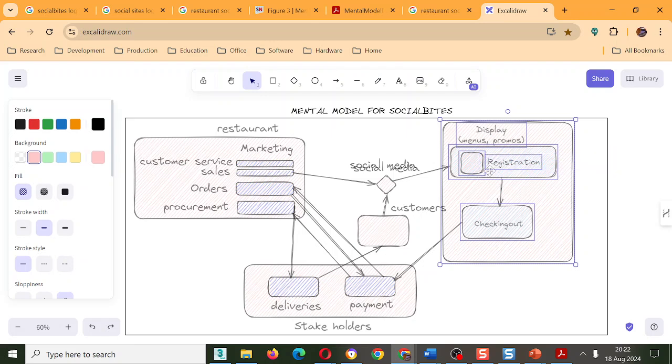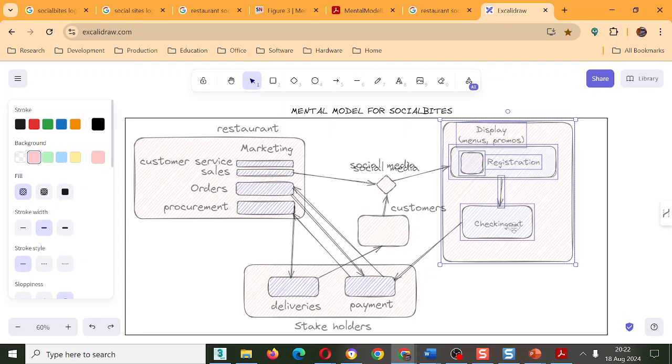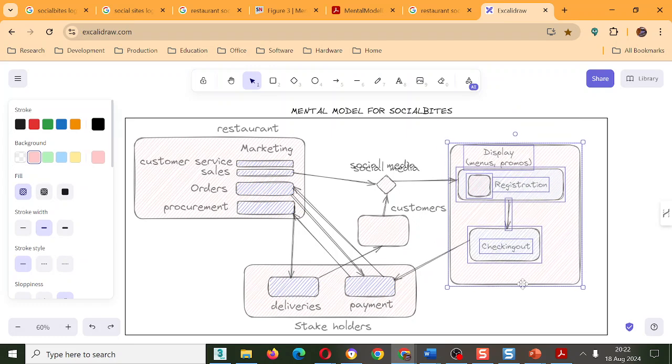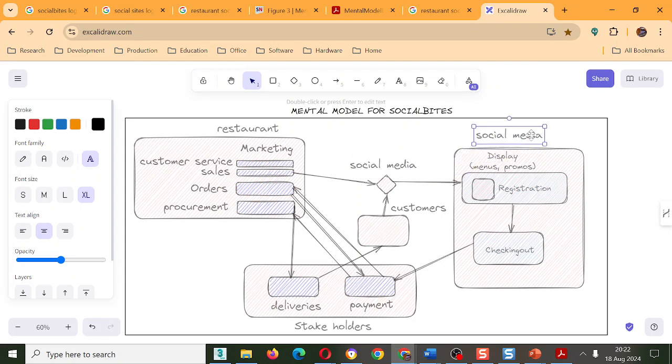So I want to move this down here so that I can write website here. All right. So that's how you build your mental model.